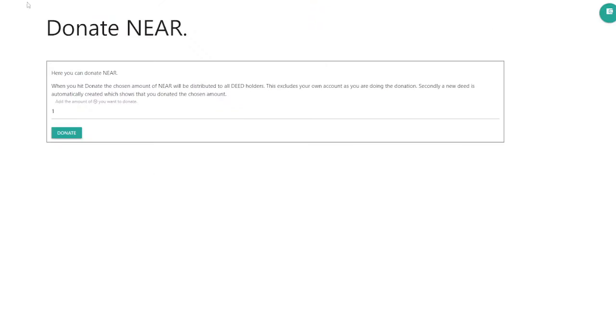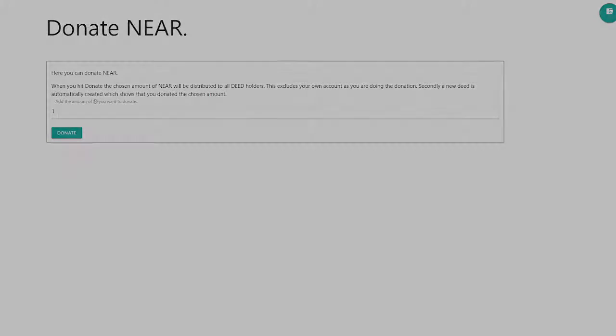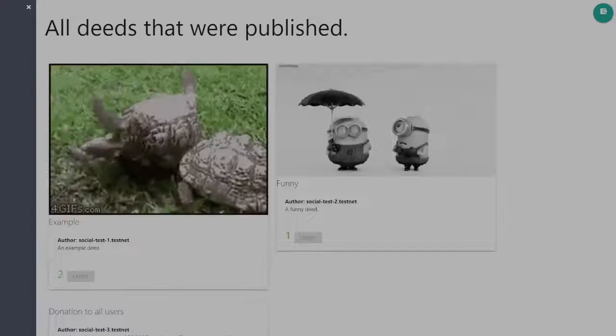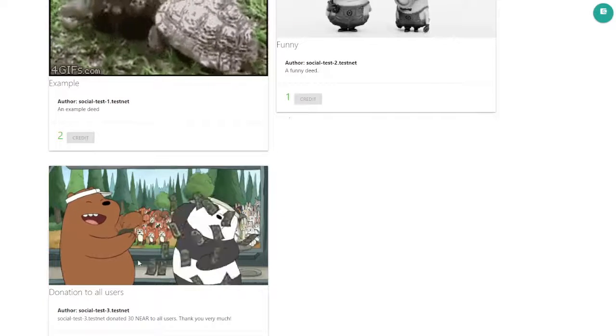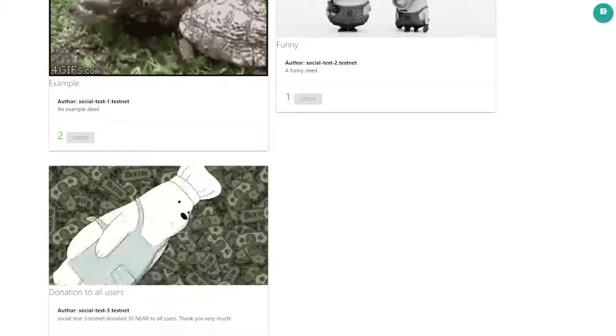So this again creates some form of incentive to do good social deeds, because whenever there is a user that donates NEAR to the app, you will get a portion of it. And you don't have to pay any money other than some storage fees, but you don't have to pay any money to publish your good deeds, and potentially you will get paid NEAR for that. For the donators, the incentive is that they will get automatically created a new deed that can, of course, be